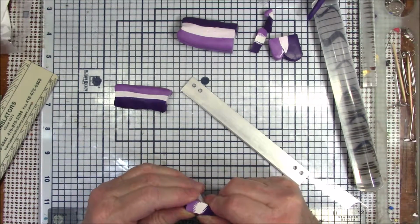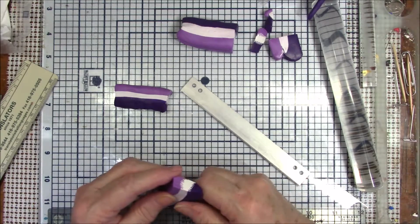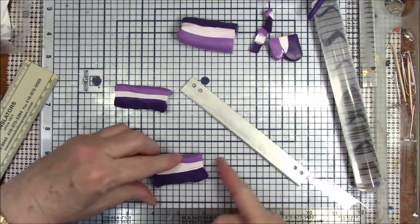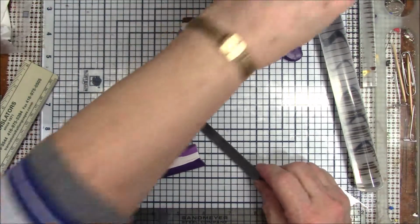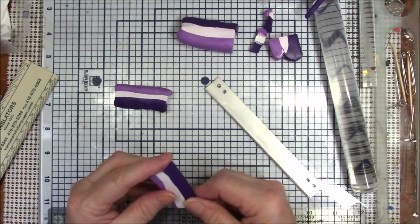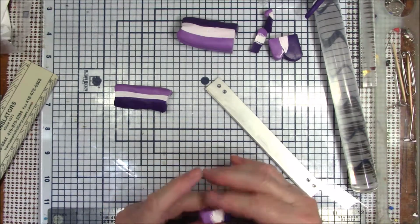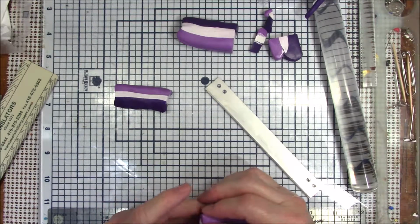And I'll do the same with this one. I'll pinch this purple into a point, then I'll cut some of it off. Something about the dark color, it just seems to grow. I think I'm going to squish these in a little bit. They're a little bit too long and skinny. Probably shouldn't have gone out to 8 inches, but